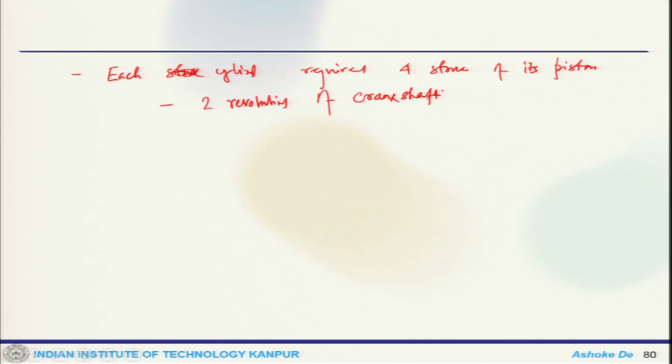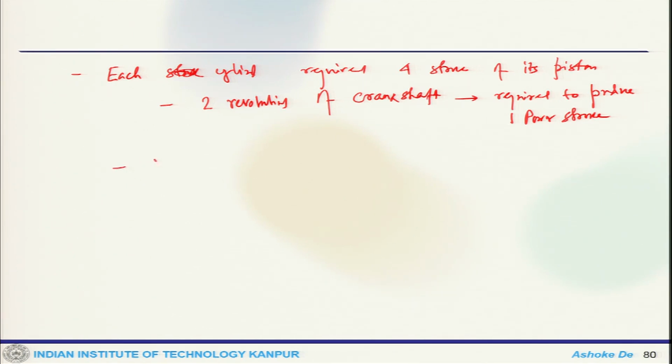So, that is required to complete the sequence of events which produces 1 power stroke. Okay. Now, both CI and SI engines use this kind of cycle, and as we have seen,